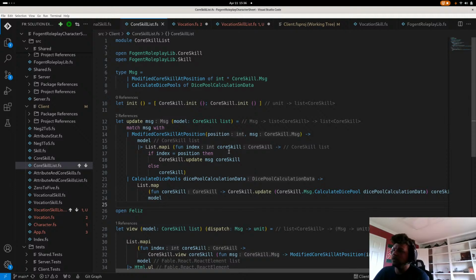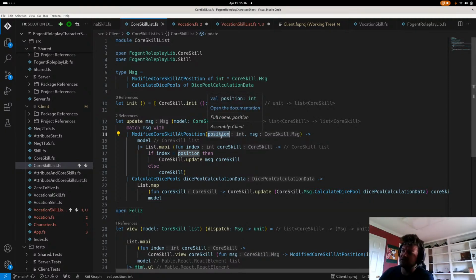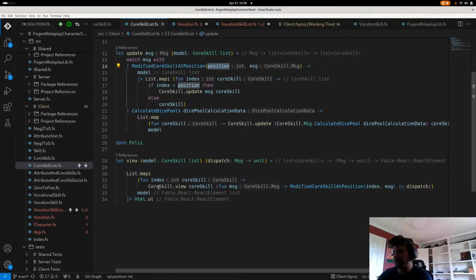Whenever the update function tries to call down here, I'm never calling this. This position is actually for the update function at the top, because what's going to happen down here in the view is,